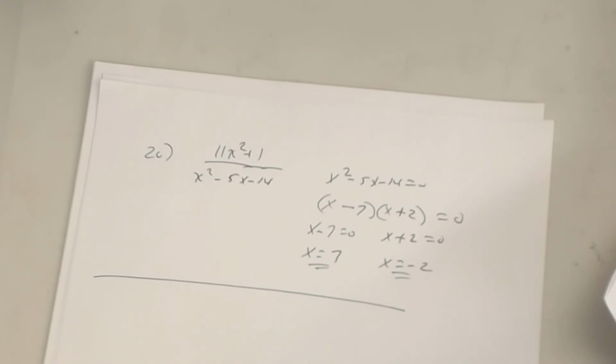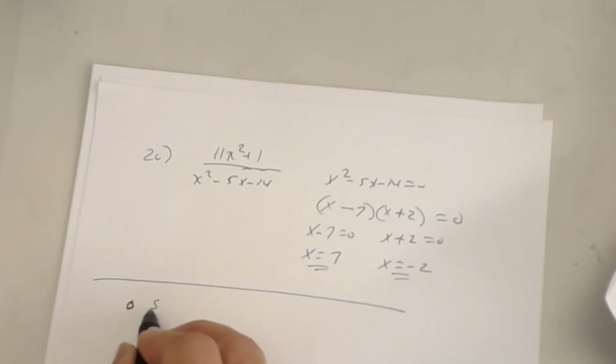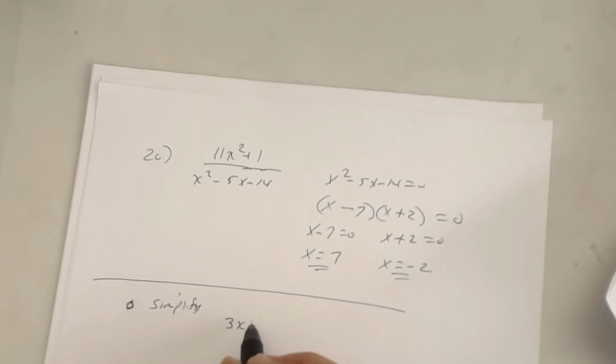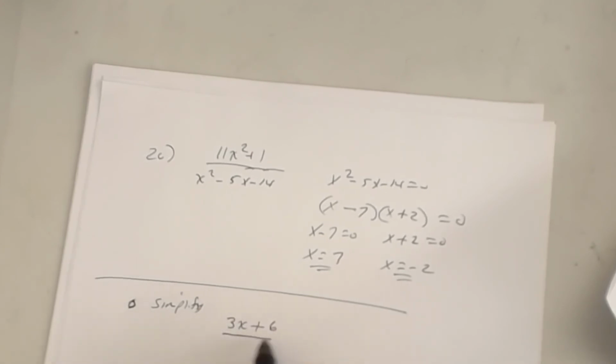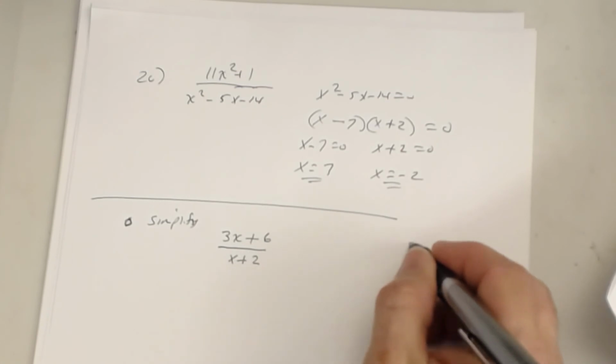All right, so I want you to look at this. Okay, so suppose we had this, and directions say simplify. And suppose I had 3x plus 6 divided by x plus 2. So what kind of expression is this? Rational. Now when they ask you to simplify a rational expression, just like when they asked you to simplify